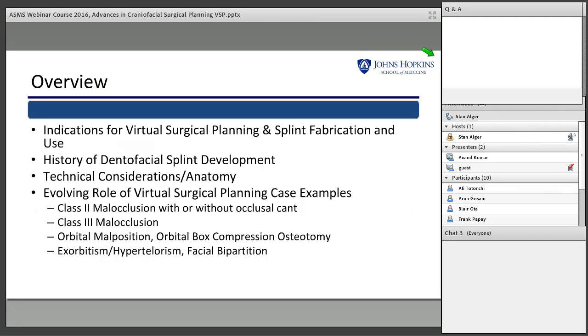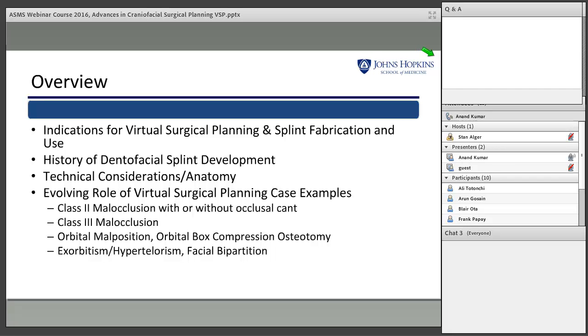So what are we going to do tonight? Well, I wanted to go over the indications for virtual surgical planning and splint fabrication and its use. I wanted to look at this in the context of history. I am very interested in where we've been, and it gives us insight into where we're going. So we will talk a little about the history of dentofacial splint development, technology considerations as they relate to anatomy, and then, most importantly, go over particular cases and look at the evolving role